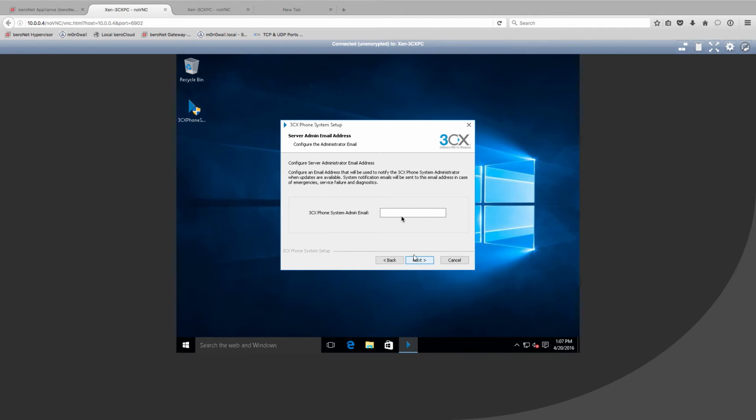And then Next. And then this is the admin email for the 3CX phone system. So if you're going to be the administrator for this phone system, you might want to put your email here, as it'll then send you the notifications when something happens to the system. So go ahead and put your email address there